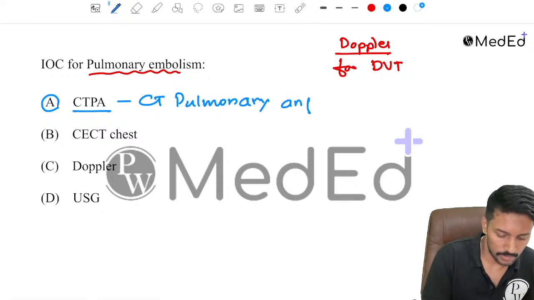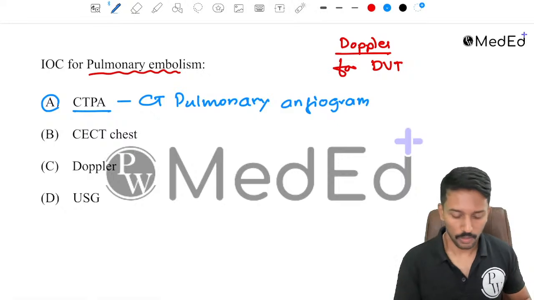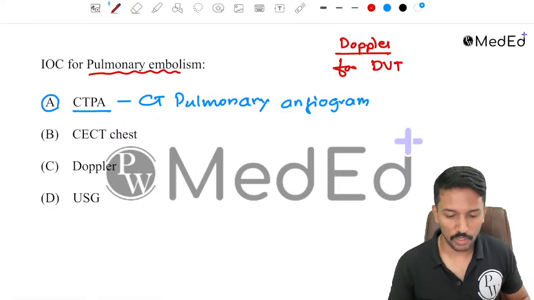Pulmonary angiogram. So that would be the investigation of choice. Okay. If CT pulmonary angiogram is not possible,